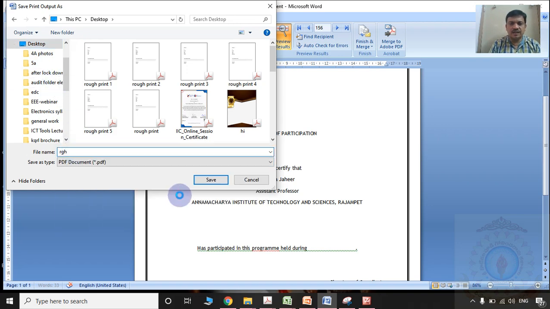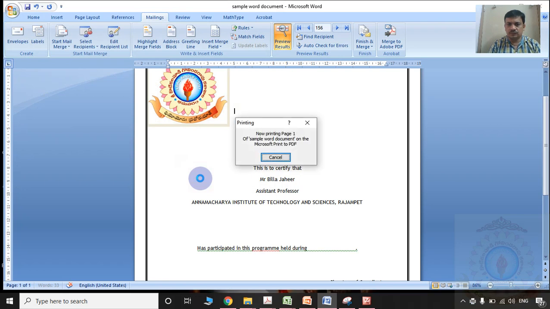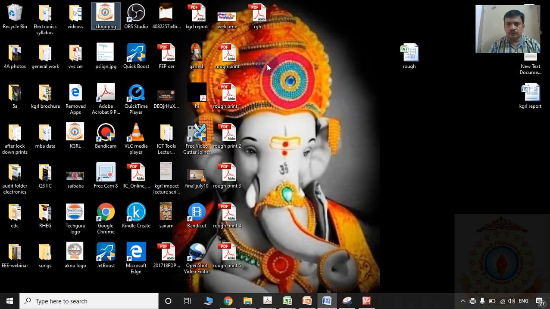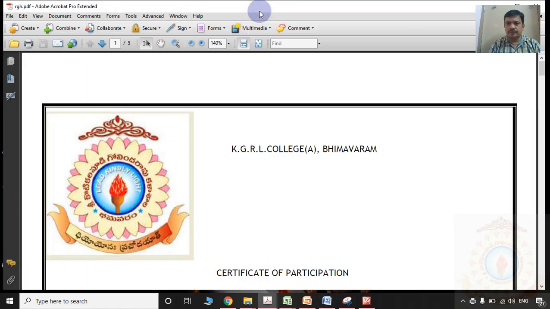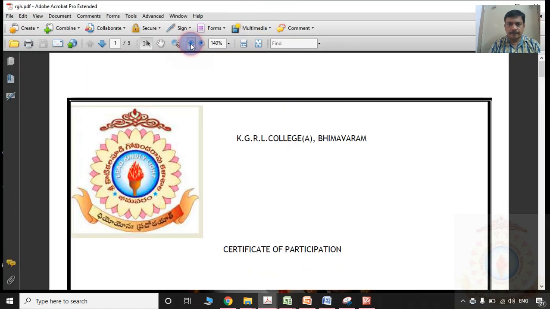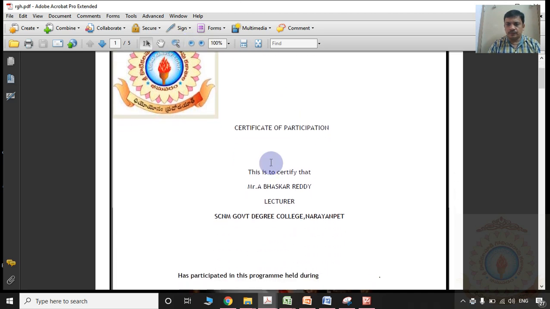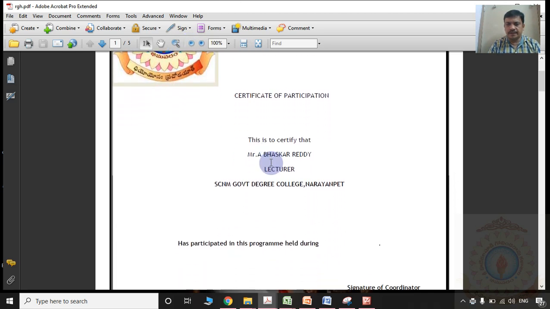I am giving the name RGH. Now let us see. The RGH document is available. So see the first page, that is for Mr. A. Bhaskara Reddy. He is a lecturer in some government degree college.